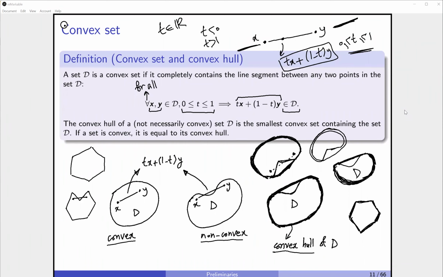So then the rubber band has to be a straight line, right? Does it have to be? No, it's not necessarily a straight line, but